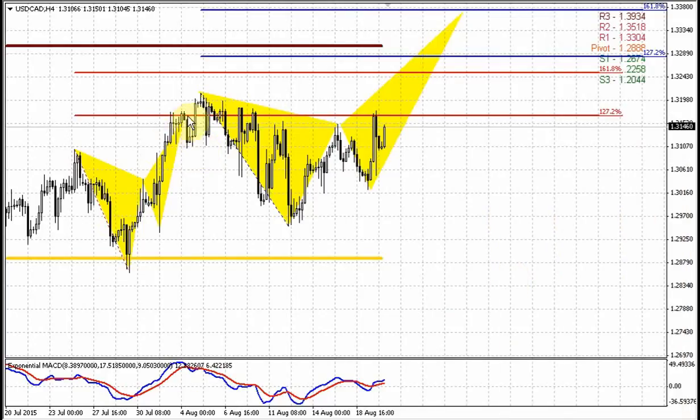So the upward direction based on the daily butterfly on the market has hit 127 extension, also has been confirmed with this minor butterfly on the 4-hour time frame chart. Here market could turn to retracement. Initially we thought that market probably should reach the 128 area, the weekly pivot point, monthly pivot point, but market hasn't quite reached it and turned to the upside.